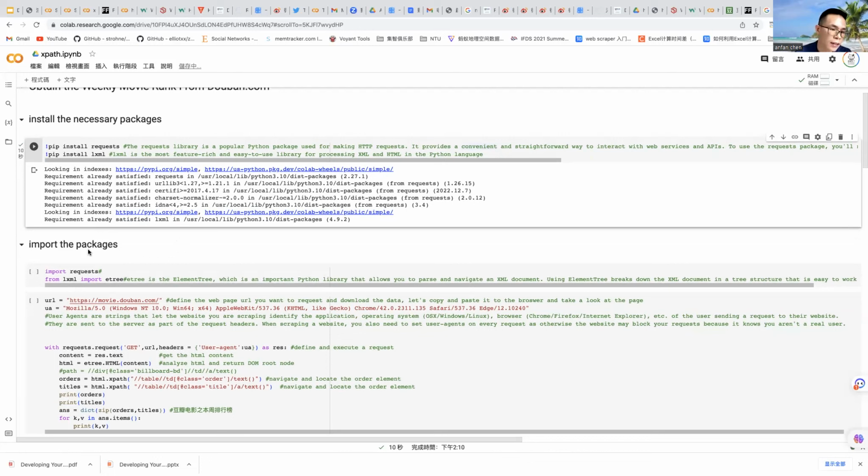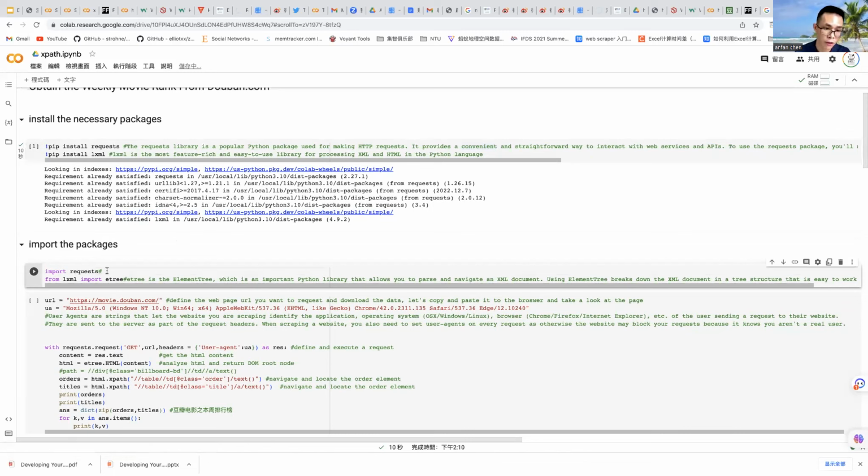Then we should import requests. We just downloaded the package, but we should import it for further use. So we import requests, and from the lxml package, we import etree. The etree is a very important Python library that allows you to parse and navigate XML and HTML documents.